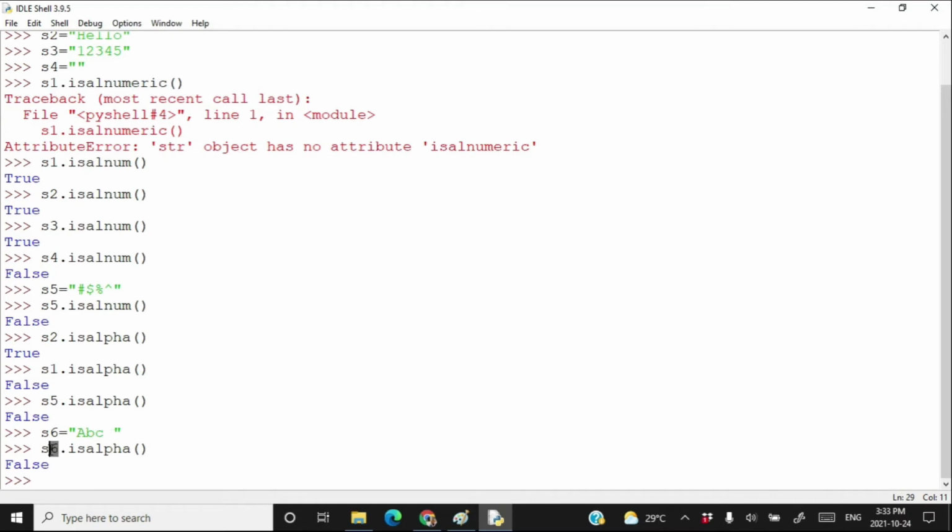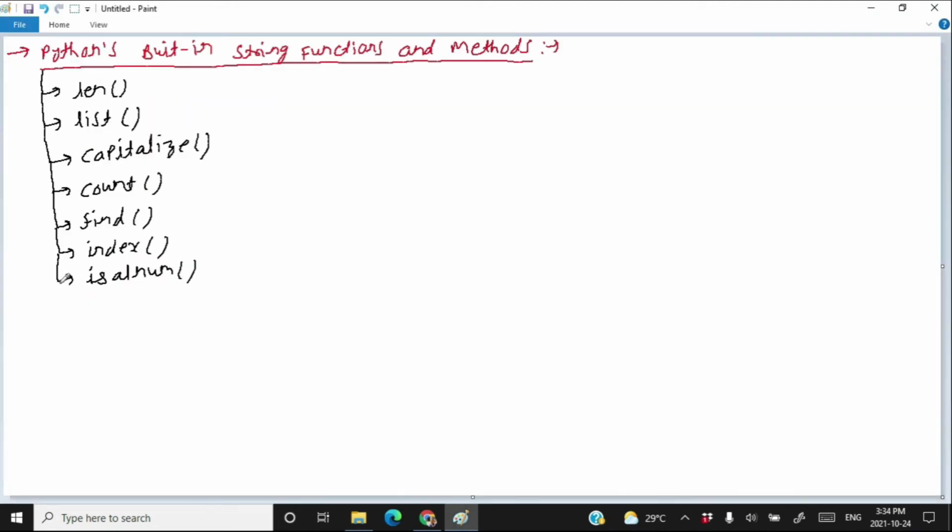That's why s6.isalpha is false. So apart from alphabets, if any other character appeared in the string, then isalpha will return false. Therefore, after isalnum, we have learned isalpha.